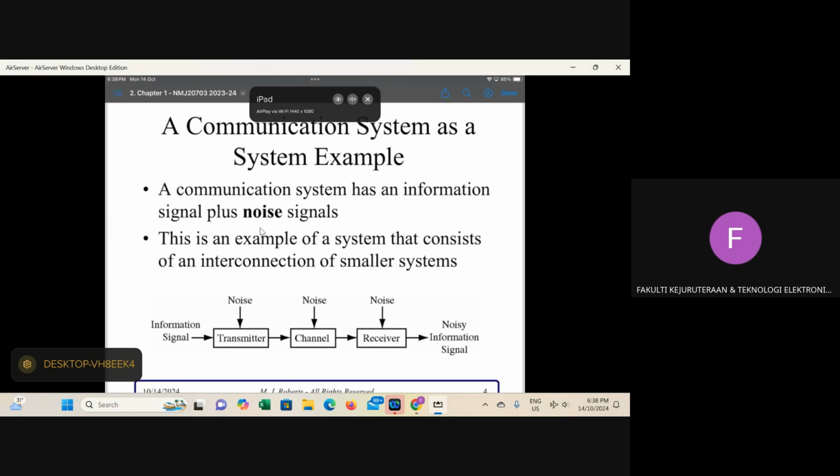So what we can do is try to remove, eliminate or reduce the influence of this noise. The noise can appear at the transmitter, at the channel, or at the receiver. But this noise can be reduced or eliminated using a filter.